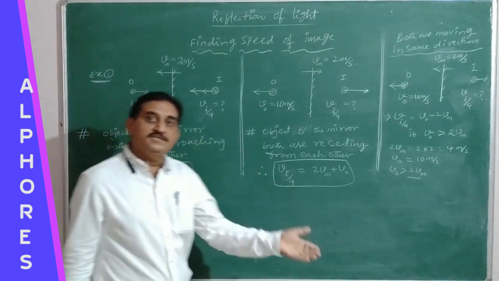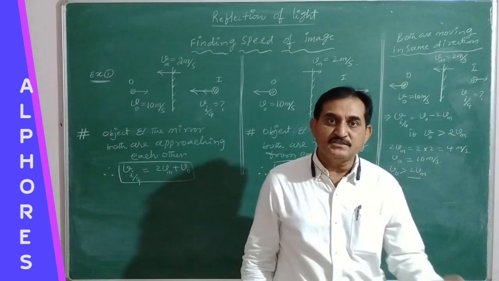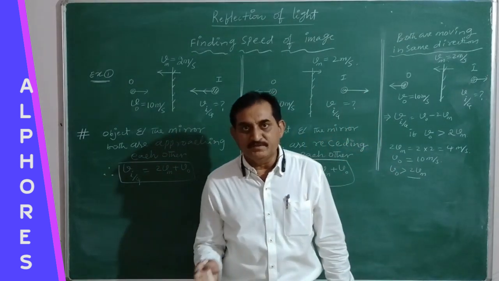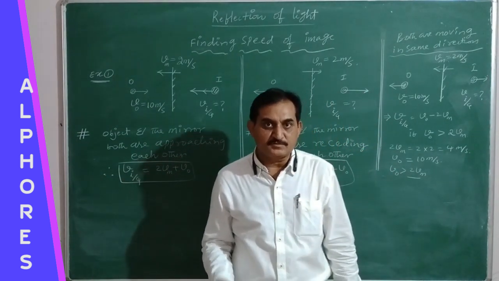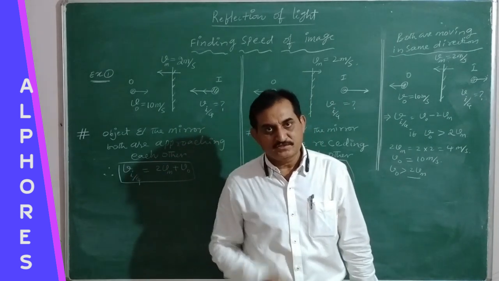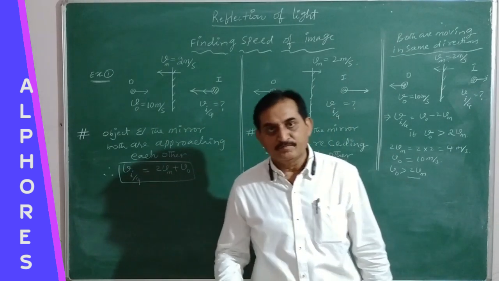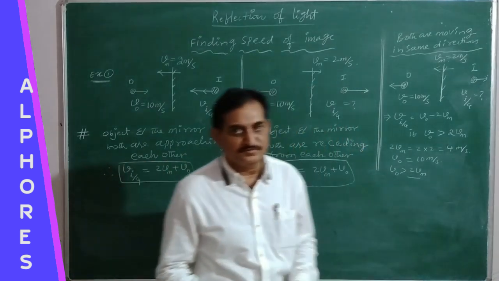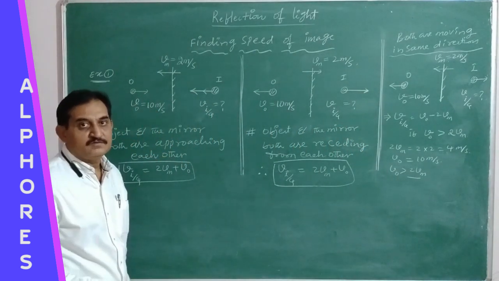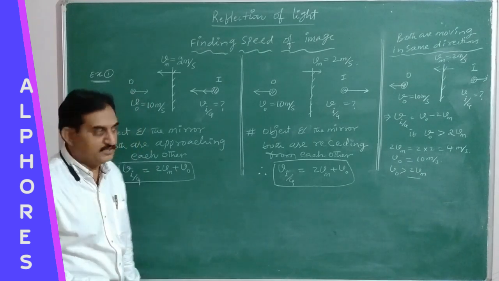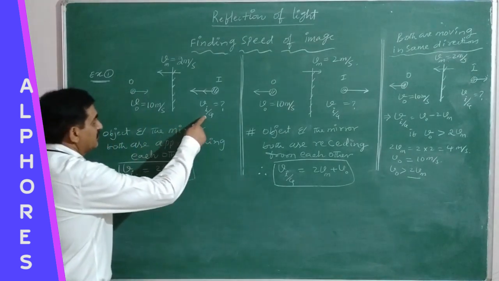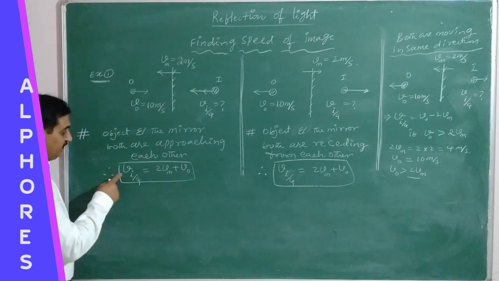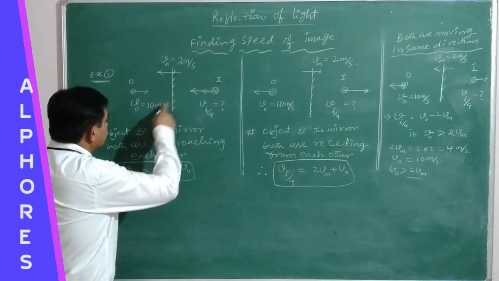Basic conditions, the basic derivation we have already derived previously: when the plane mirror is shifted by distance x, its corresponding image is shifted by 2x. When the object is shifted towards a stationary plane mirror by x, its corresponding image will also be shifted by x. There we considered reference to ground. Therefore here also this speed is taken with reference to ground, so we calculate the speed of the image with respect to ground under these conditions.